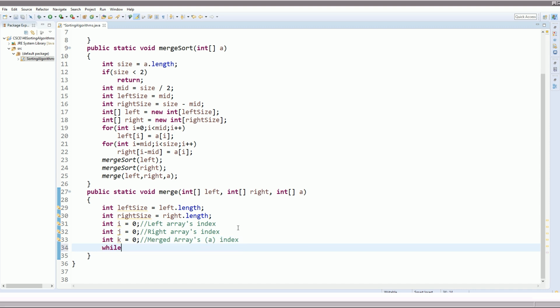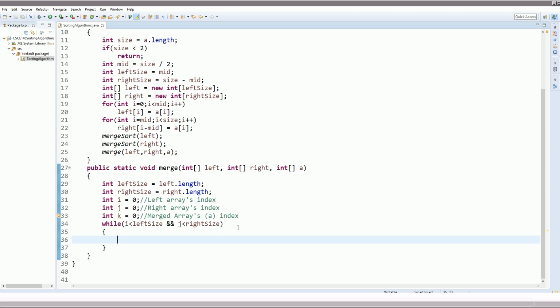So while i is less than leftSize and j is less than rightSize, then we haven't exhausted all the elements in either the left or the right array. Now, while we're doing this, if we discover the left at index i happens to be less than or equal to right at index j,